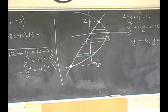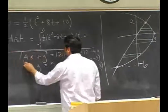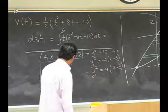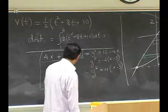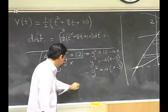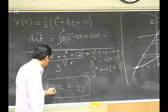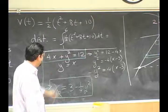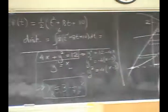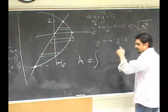Okay, but in order to do that, I have to solve for x, which isn't too hard to do. Now if you take this and you solve for x, you get x equals 1/4 y squared. What do you get? You get 3 minus 1/4 x squared. And this represents the right boundary, so I'm going to call this x right. This is x left. X left equals y. So when I set up my integral now, the area is equal to the integral of x right minus x